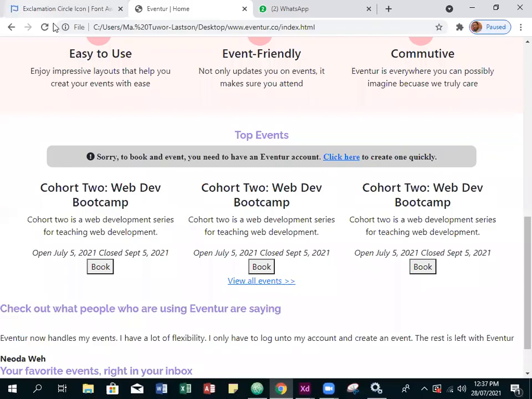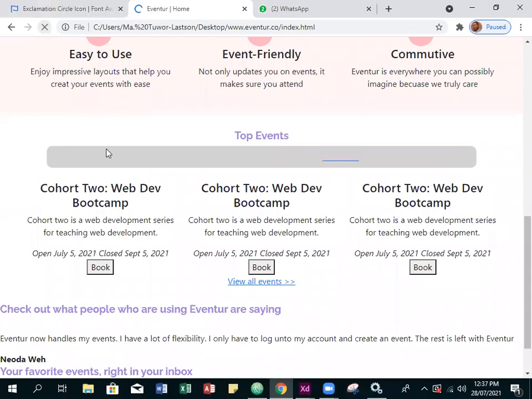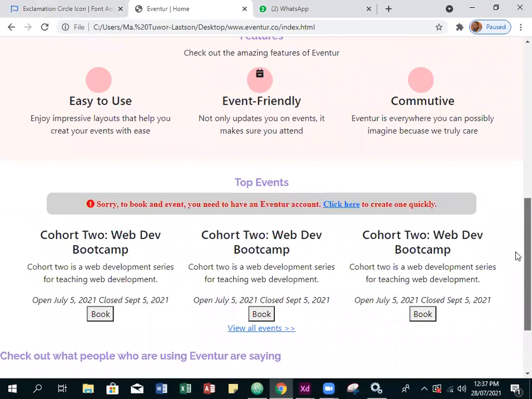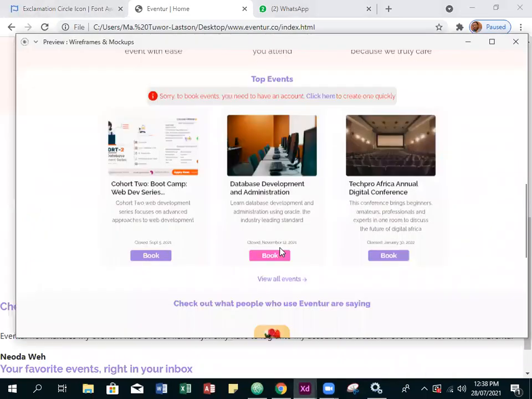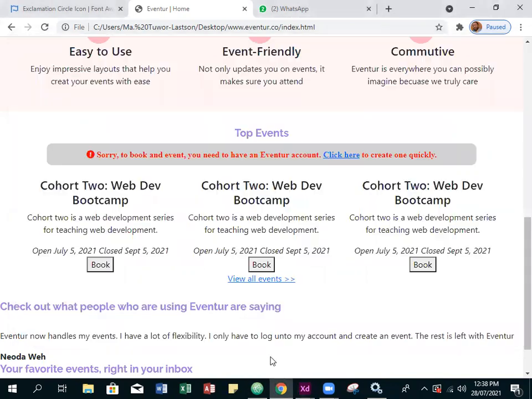So the text, everything now becomes red. Yes, as you can see here, we have this red. Only the link here doesn't have that kind of red. But then remember, all the links on our website are supposed to have a certain color. For example, if you look here in the design, if you hover over our link here, first of all it has a purple color, and this is also a link. It has a purple color, and then the hover color is pink. So how do we do this? Since we are styling all of the links, we are targeting all the links. What do we do? We apply the styling to our global